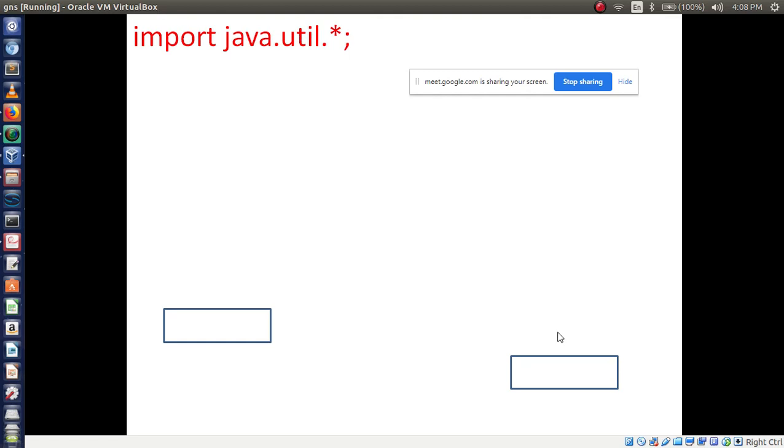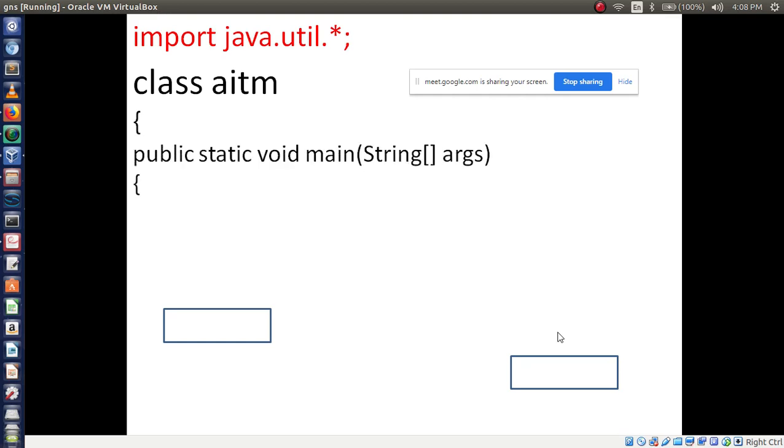After writing this, I have to use the class name, then the main method, public static void main, String args. Then this operation belongs to integer type, so I have to define int roll num. Roll number is the variable name, so I have given roll num.